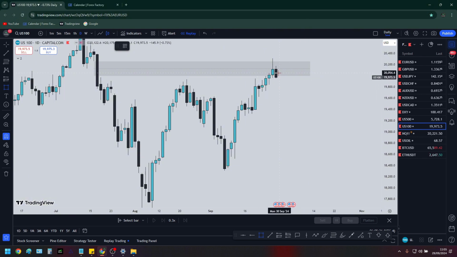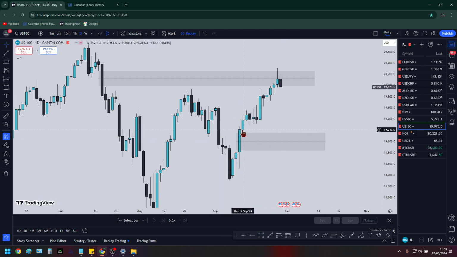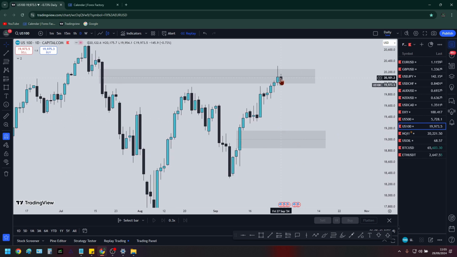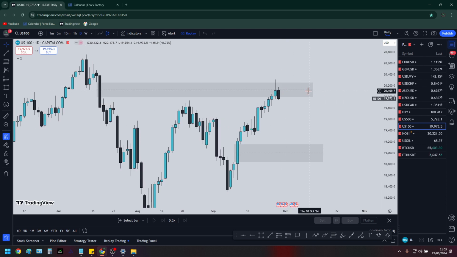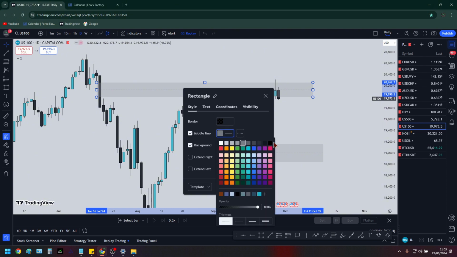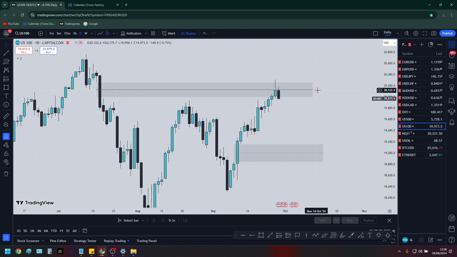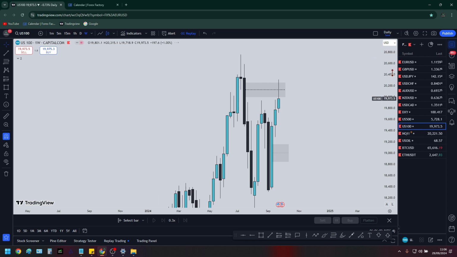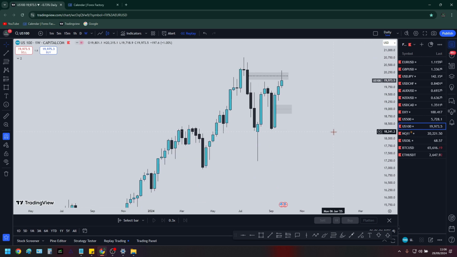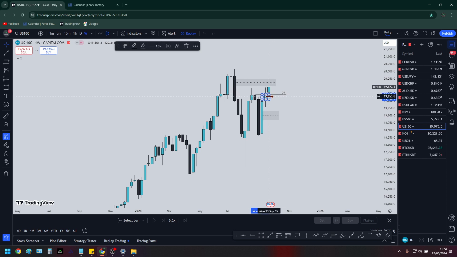I would say if we come lower, I think we're going here. Honestly, there's nothing here that I would say will stop price. So if we start breaking down lower, I think this is our target. If we manage to close above this 50%, we're going higher. That's my prediction. 50%, this black dotted line. But yeah, on the weekly we have an order block already formed and a fair value gap here. So yeah, I don't know.